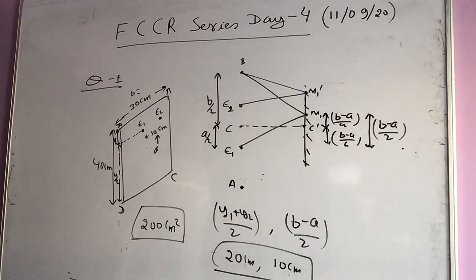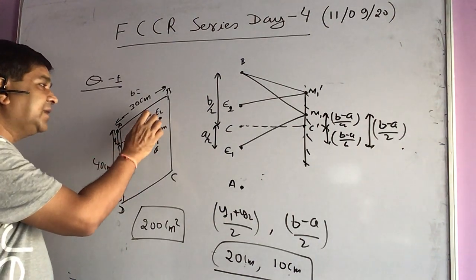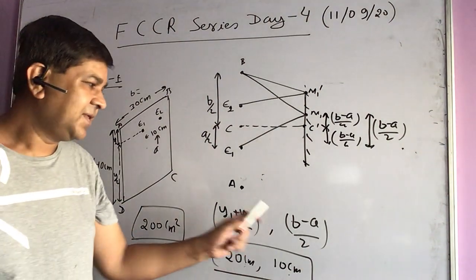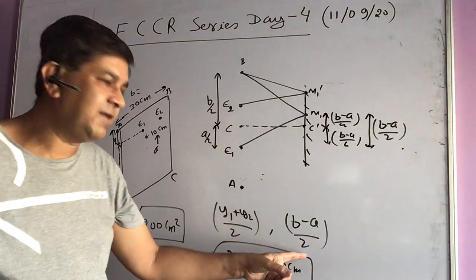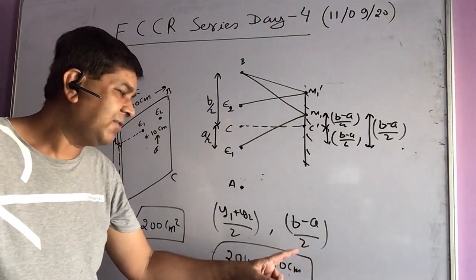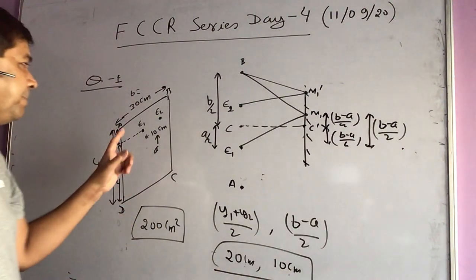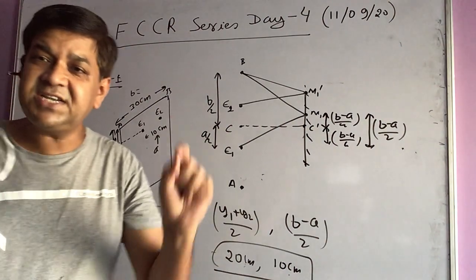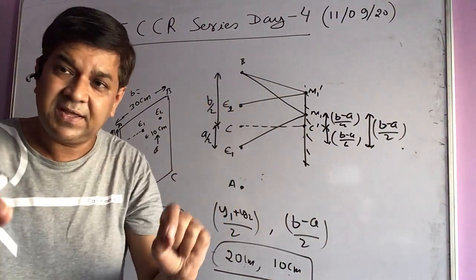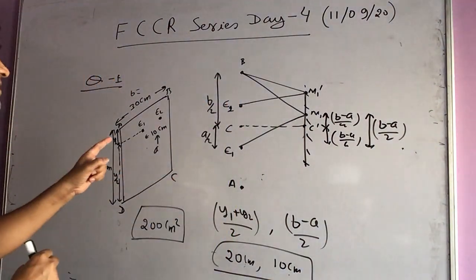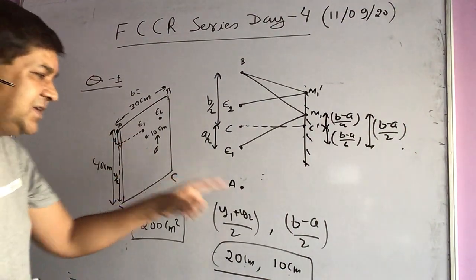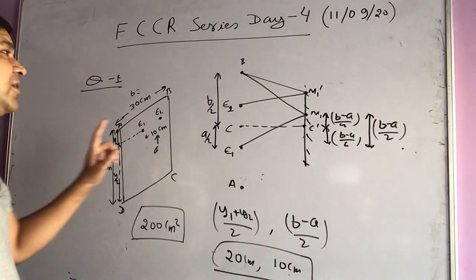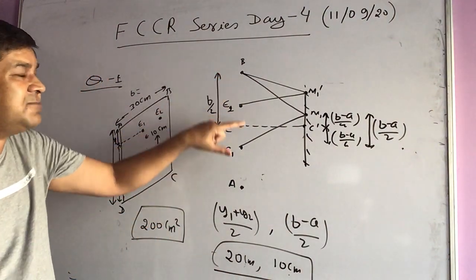For example, if I take another question in which the distance between eyes is 20 centimeters, then you are not going to see only this thing, because in that case this comes out to be 5 centimeters. So my answer won't be 5 centimeters. My answer there will be half of the distance between the eyes. If the distance between eyes is 20 centimeters, then half of that distance comes out to be 10 centimeters, and this quantity is going to be 5 centimeters. So 5 centimeters won't be the answer, because we don't require only the extreme points to be seen.